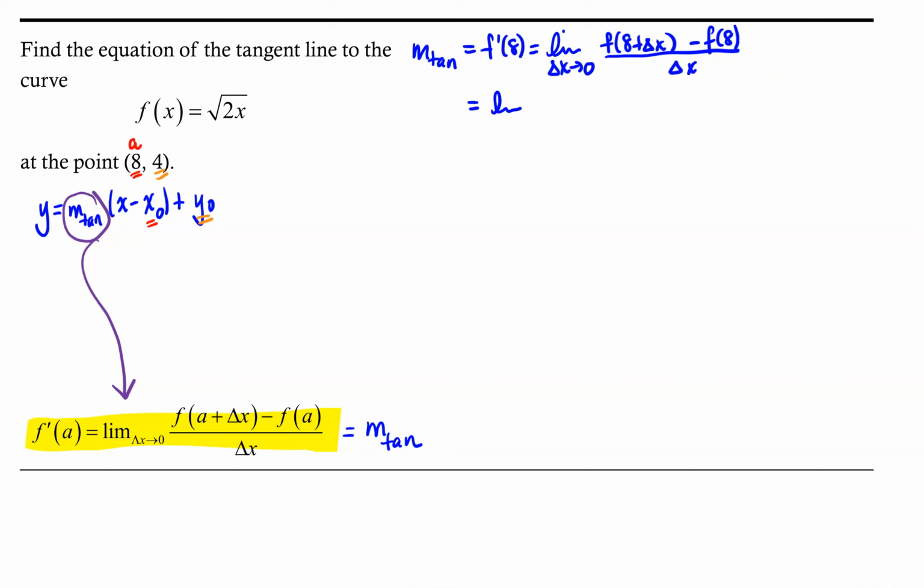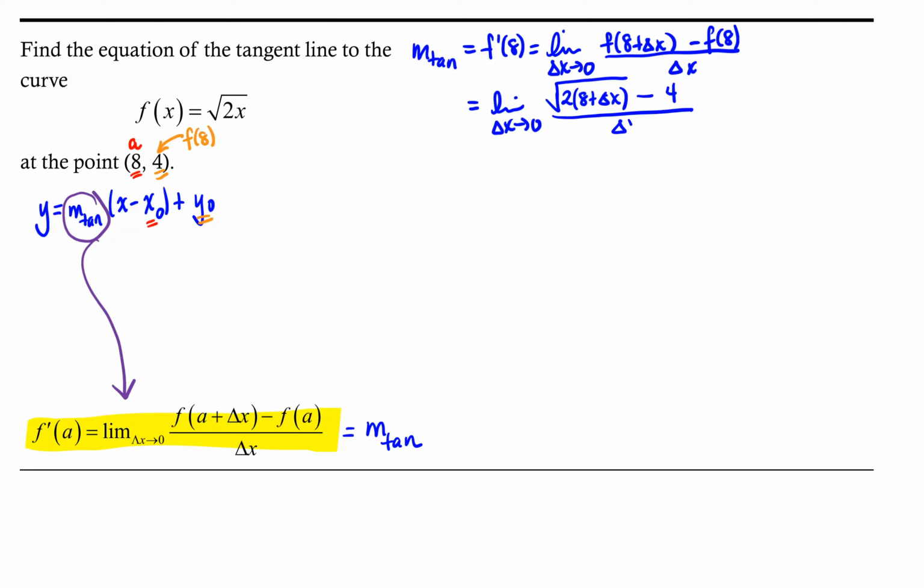Replacing x in our function with 8 plus delta x, we'll have the square root of 2 times 8 plus delta x, minus f of 8. Well, we really already know f of 8. If a is 8, then f of 8 is the corresponding y value, so that has to be 4